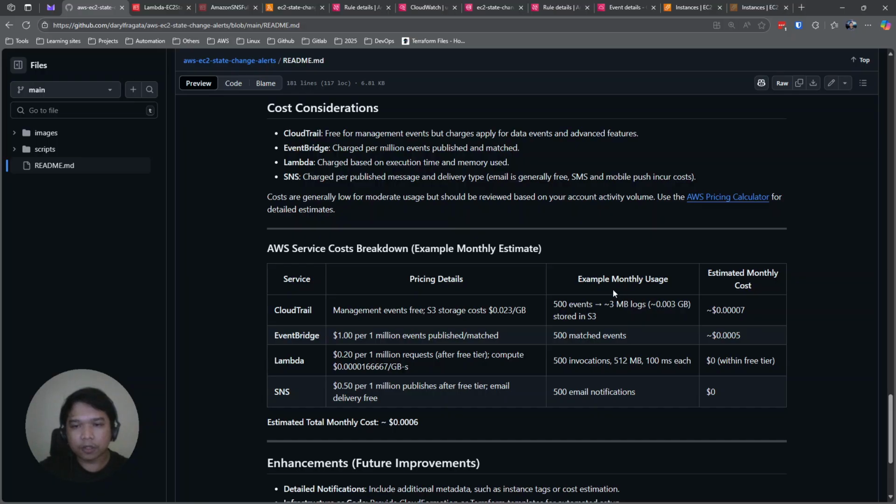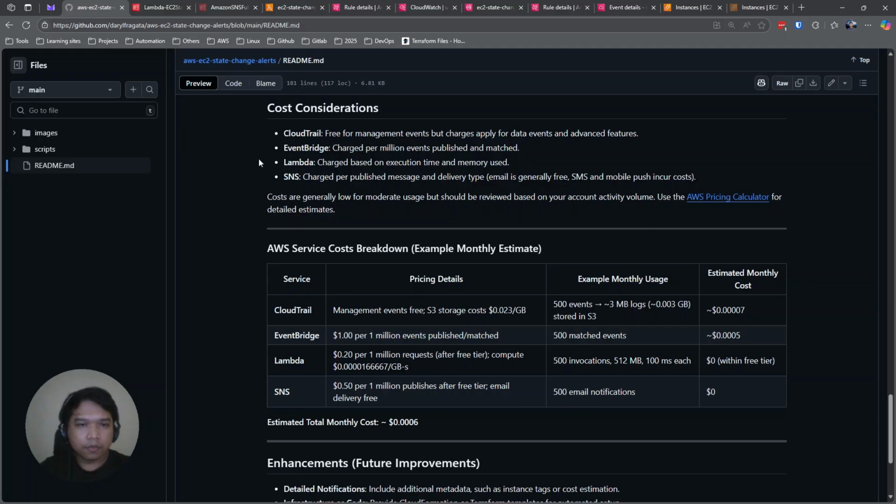We have an example usage here: for 500 events, it is approximately 300 MB of logs, and the estimated cost for the month is this one. And I think we can add a lifecycle rule here, like deleting the logs every month, something like that.